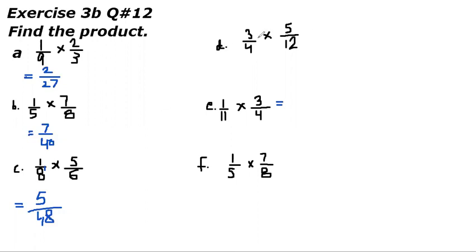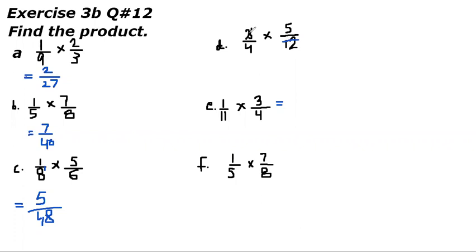Before multiplying the two fractions, you should check whether a numerator is a factor of the denominator or not. Here in this case, 3 is the numerator of the first fraction and 12 is the denominator of the second fraction. You have noticed that 3 is a factor of 12. So we will do the cancelling here. Cancelling here means you will cancel 3 and you will cancel 12, and we should use our blue pen. Why am I cancelling 3 and 12? Because 3 is a factor of 12.